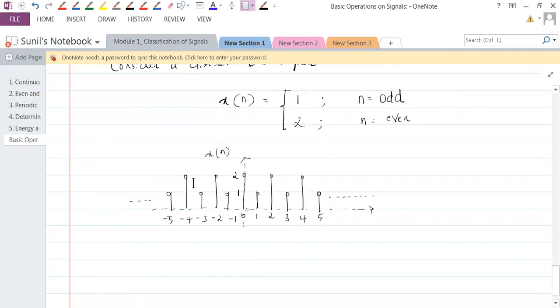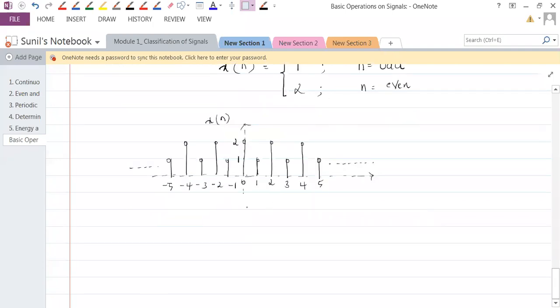In that sense, this is a power signal. But that is not of our interest now. We shall see what happens if I scale this particular signal. Okay, so everybody just see now. I hope you have copied down the signal. Those who have copied down the signal, just wait. So let's understand this and then go for sketching. So what I'm doing is x of 2n.